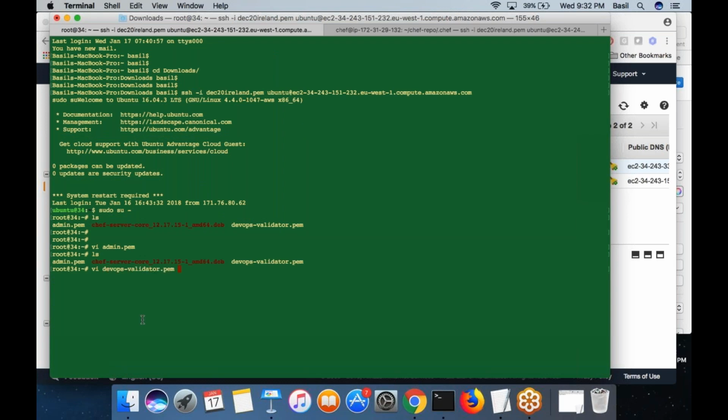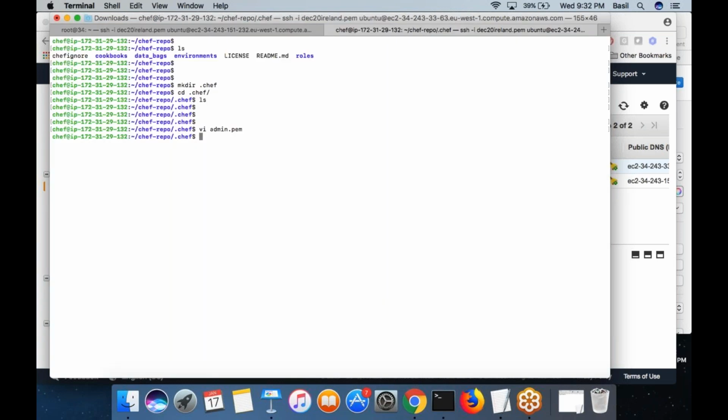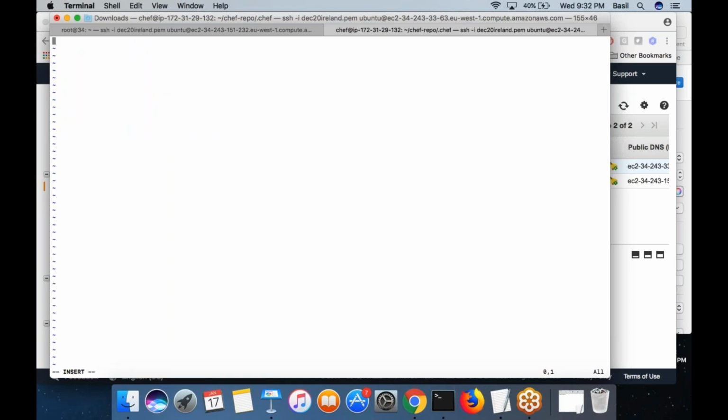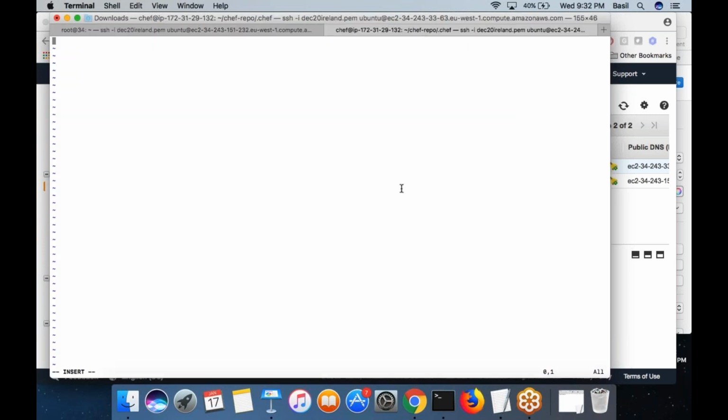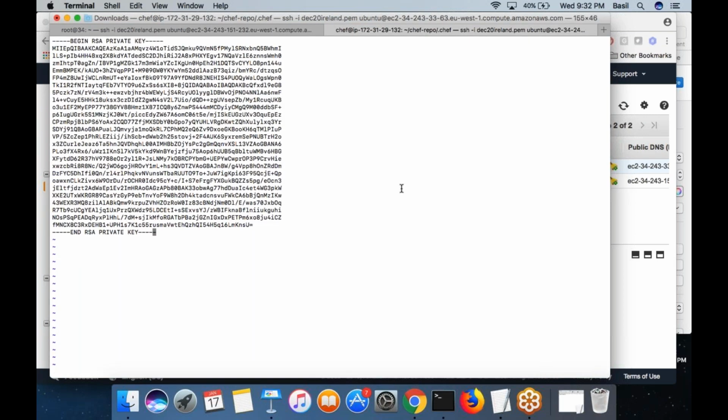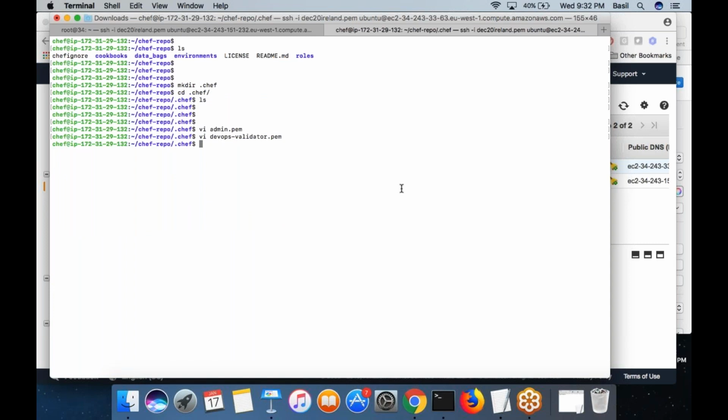Let me open that file also. This content I am going to copy to my workstation. So copy from the green window, which is nothing but my chef server, and paste into the workstation machine. All right, so I created admin.pem and devopsvalidator.pem files inside my workstation.